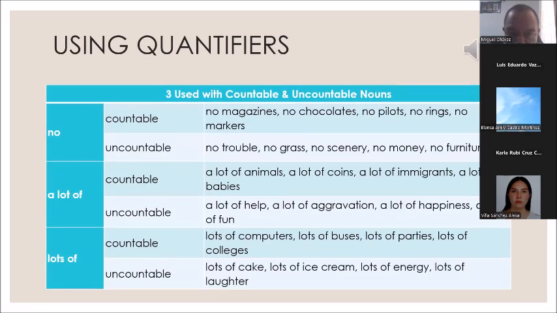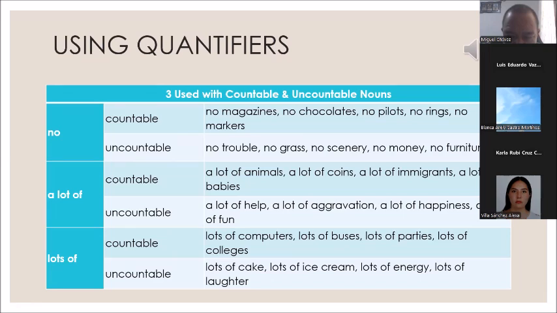Third, second part, quantifiers used with countable and uncountable nouns. No, for example, no magazines, no chocolates, no pilots, no rings, no markers, no travel, no grass, no scenery, no money, no furniture. A lot of, for example, a lot of animals, a lot of coins, a lot of immigrants,